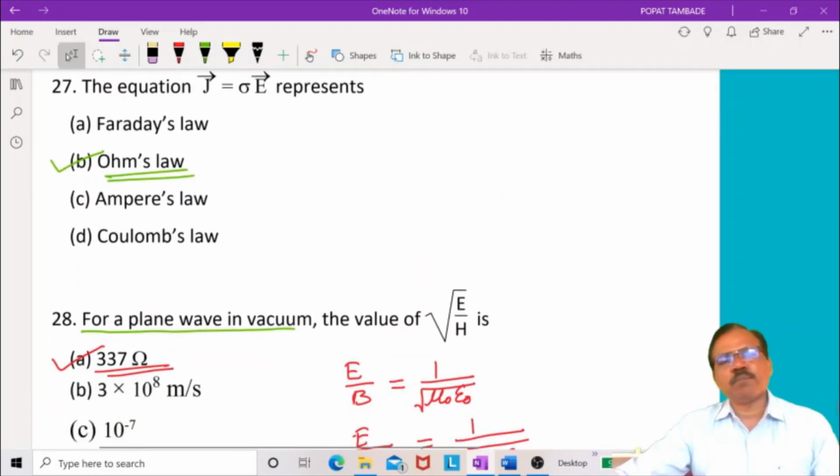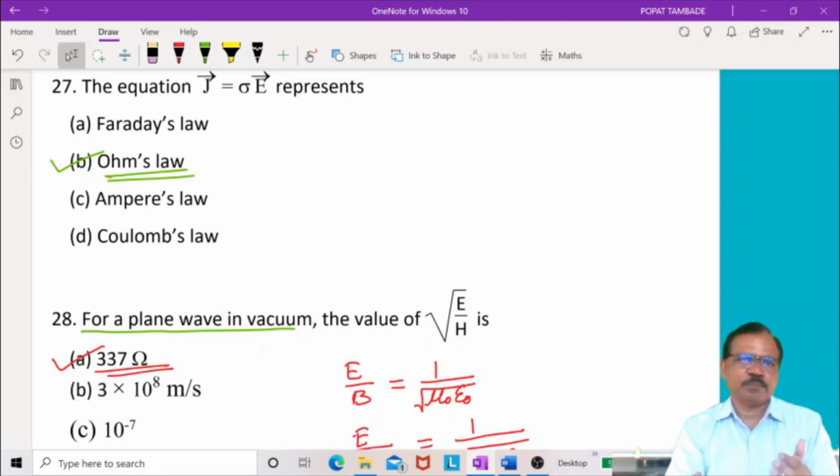So these are some multiple choice questions on electrodynamics. You will get multiple choice questions similar to these, maybe modified somewhat. If you go carefully through all these multiple choice questions, you will know all the formulations in electrodynamics, and using these you can solve other multiple choice questions also.